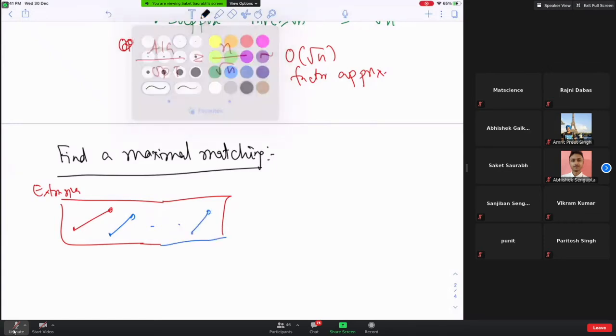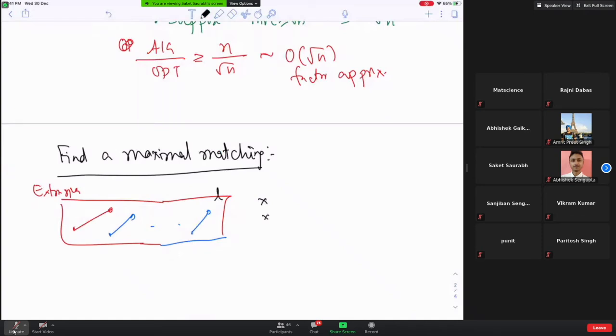At some point of time, suppose this is L, and I also have a size variable. Suppose at some point of time it becomes L. What can I say if L becomes root n? So I'm trying to find a maximal matching, and at some point L becomes root n. Can I say something about vertex cover then? Its size is at least root n. Great. So then I can conclude that the vertex cover of G has size at least root n.